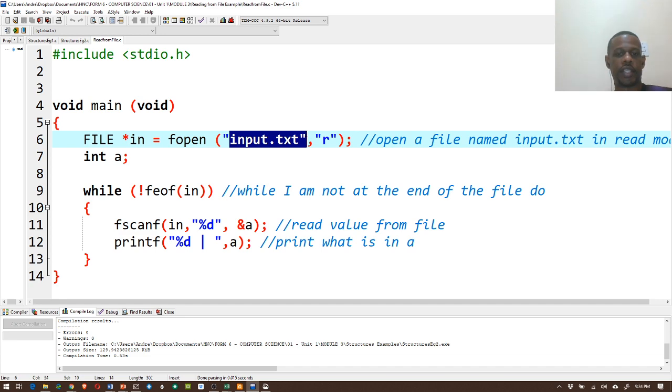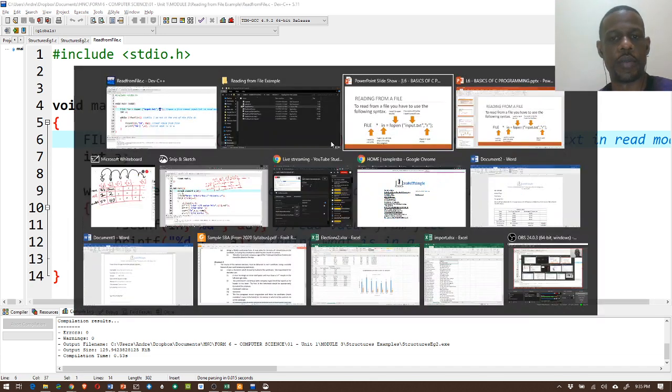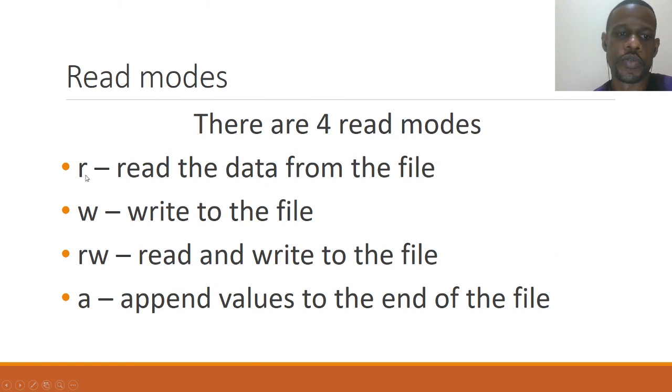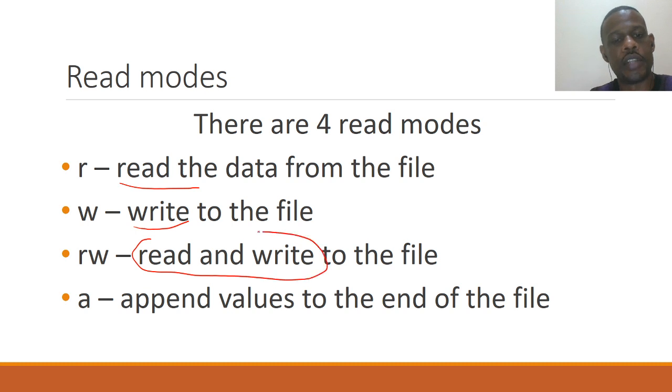So I have input.txt, and the mode I put in it is read mode, right? So there are multiple modes. First one is read. That's when you want to read data from the file only. Next one is write. That's when you want to write data to the file. And then read and write is when you want to read or write from it at the same time. So you could read from it and write stuff to it, so you'll add more. And then append will be if you want to have a file that has stuff already, you could add